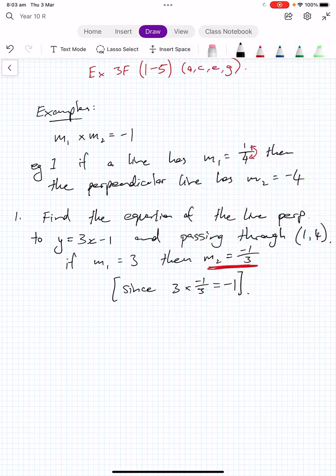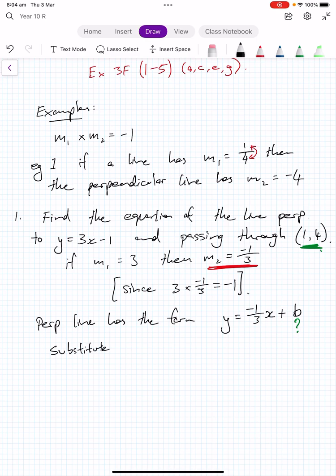So I don't know what the y-intercept is, but I can say this. The perpendicular line has the form y equals -1/3 x plus b. I don't know what this value is. This is the unknown, but I'm about to find it. I do know that this line goes through (1, 4). So we do the same thing we did before. We substitute in (1, 4) into this expression